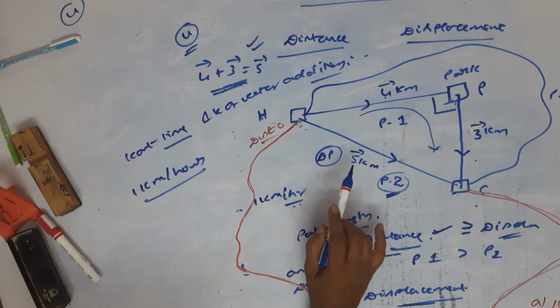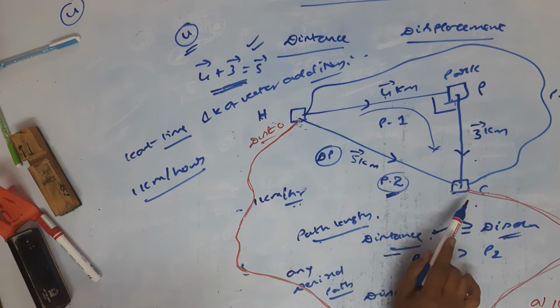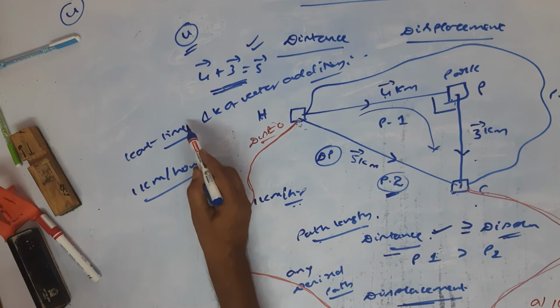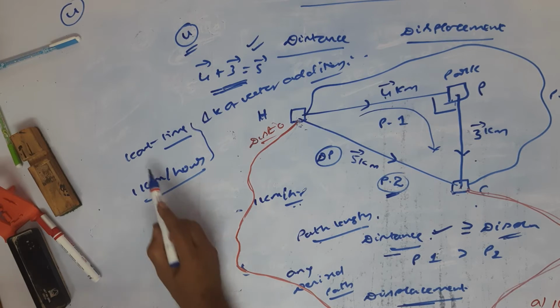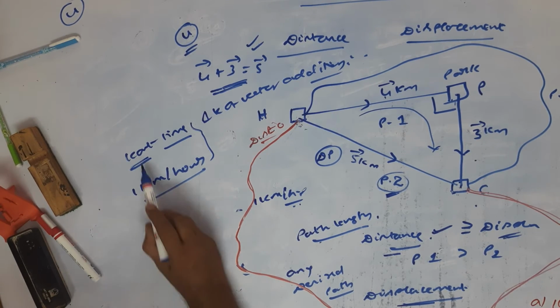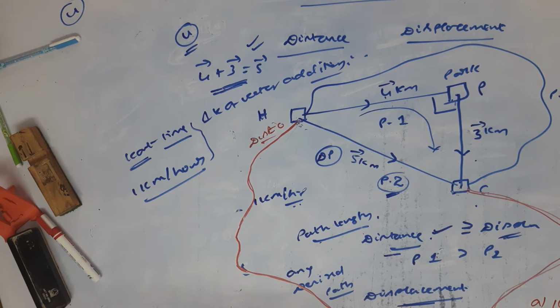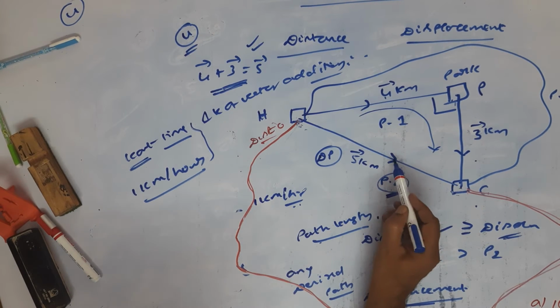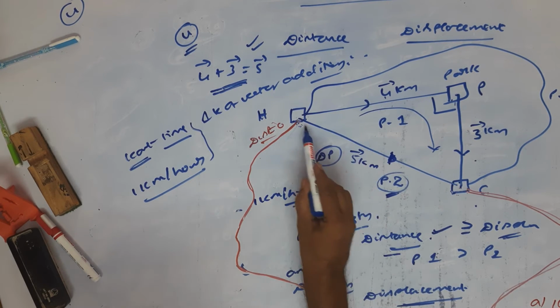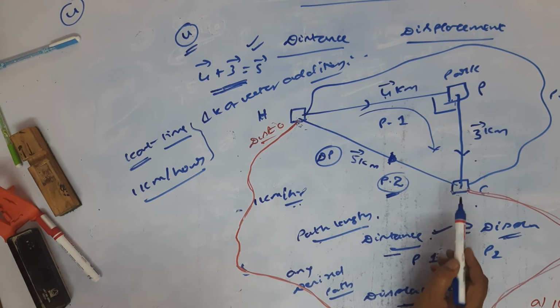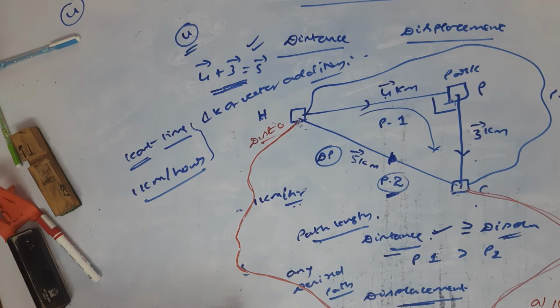Very good, very good. Jyotilakshmi, good. Dheeraj, yeah. Saranya, very good. You are going to choose path 2. Excellent. That's why you please remember, the least time taken by you is the same as the least time taken by light also. So in other words, the straight line path is always the nearest distance. That's why it is called displacement. You remember these things. Okay.